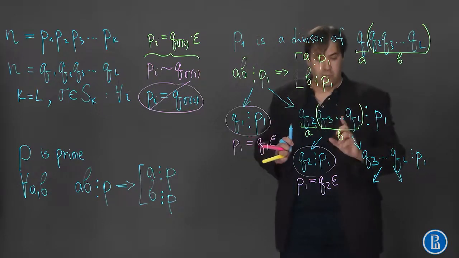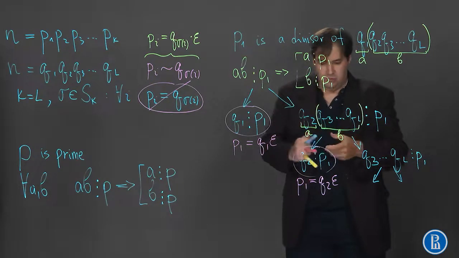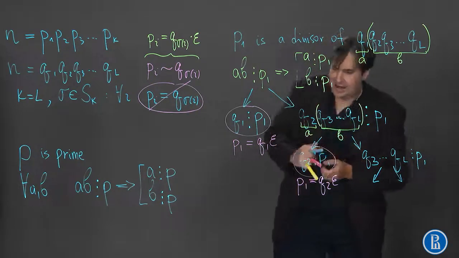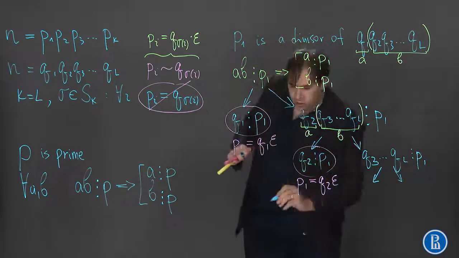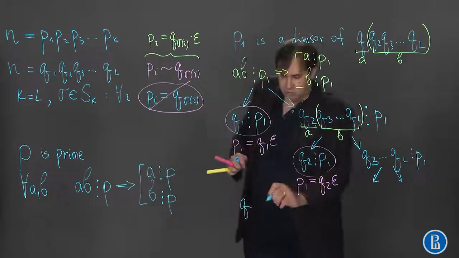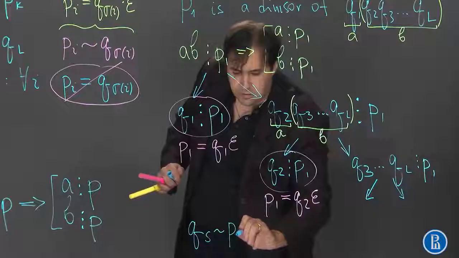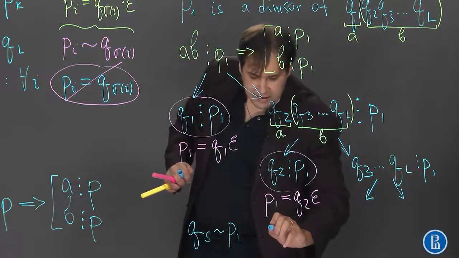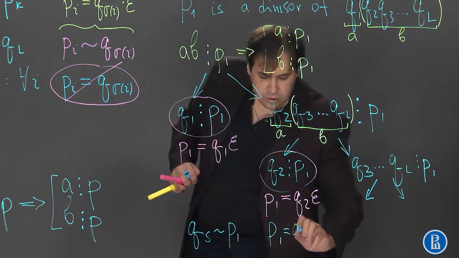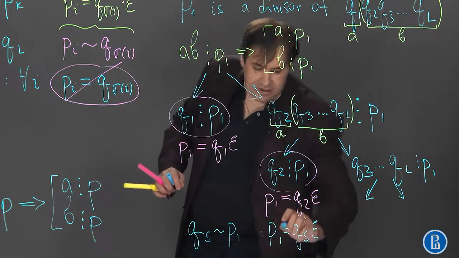Just P1 for now. Well, let's suppose that we have some element Q with number S, which is associated to P1, which means that P1 is equal to Qs multiplied by an epsilon,